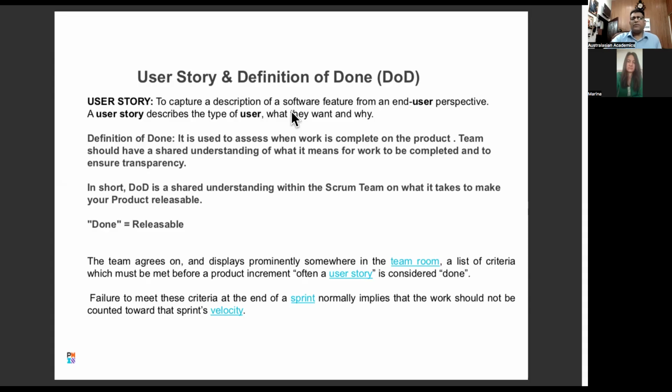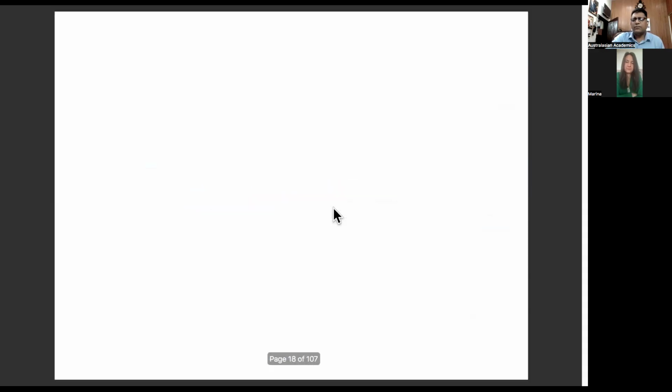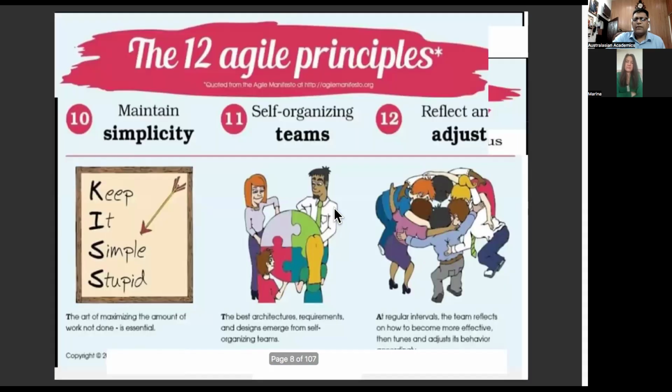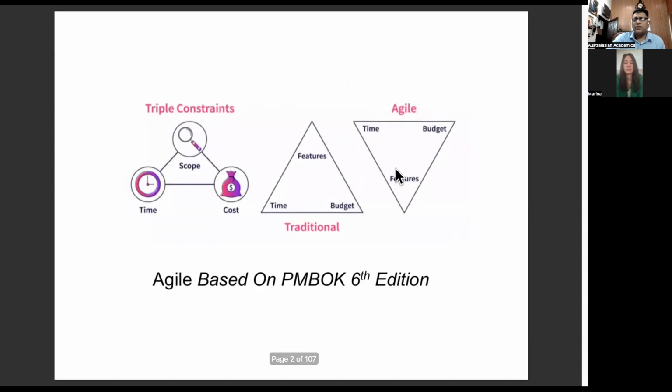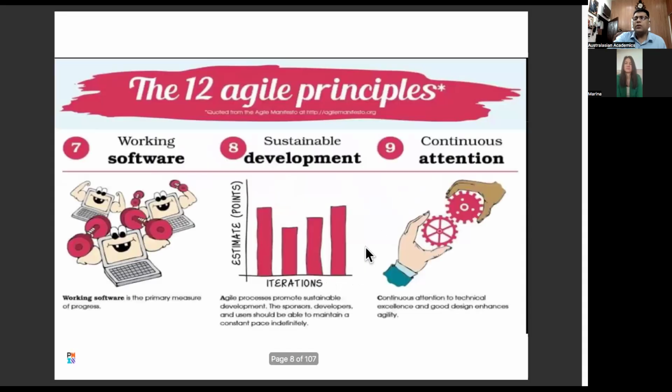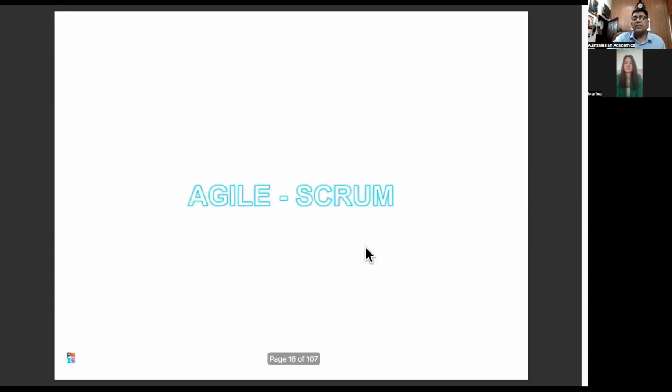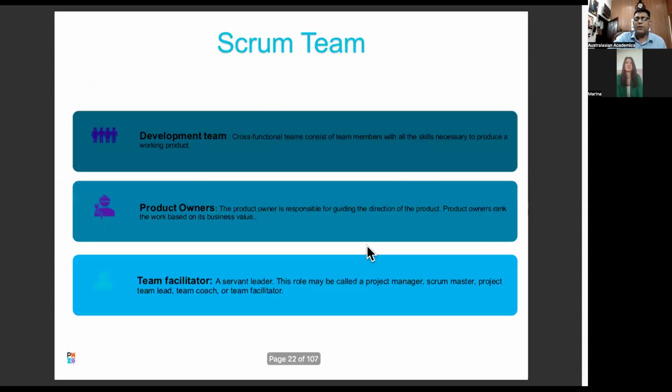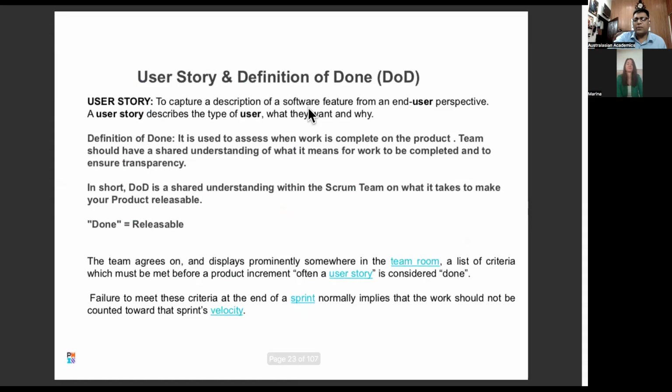So remember that inverted triangle? Back then, at the beginning. Inverted triangle at the beginning. You've got to do the feature first, right? You've got to make sure things work first, and then your time and budget are not fixed. Again, you've got features. You've got to make sure the project you're spending money on actually has functional features. Remember? So I hope it's starting to make sense now. It has to be from the end user's perspective. The user of the software, for example, has to tell you, yes, it works so far.